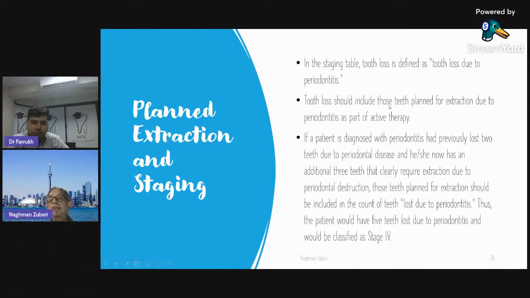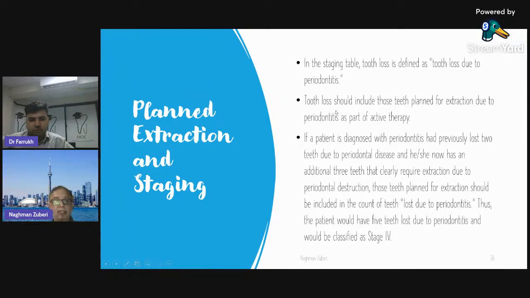Tooth loss should include those teeth planned for extraction due to periodontitis as part of active therapy. Say, for instance, a patient comes to us and does not have any tooth loss, but we identify that maybe within the next few weeks, or maybe within the next few days, we are going to extract three teeth or four teeth because they are severely involved periodontally. So those will be considered as tooth loss, and it will be affecting our staging